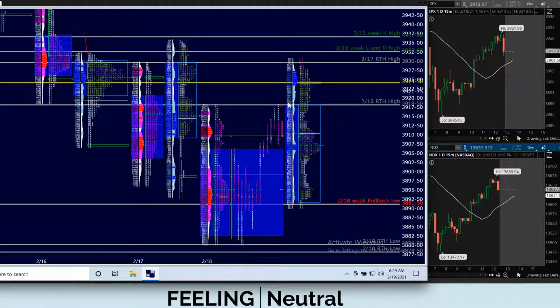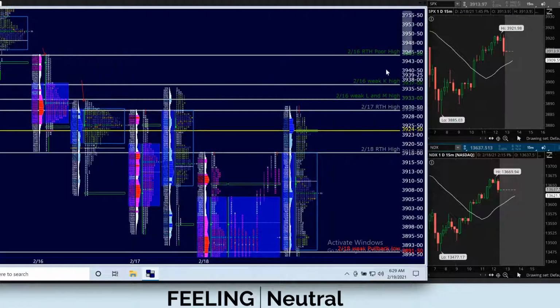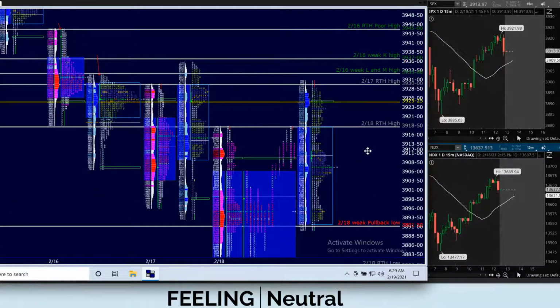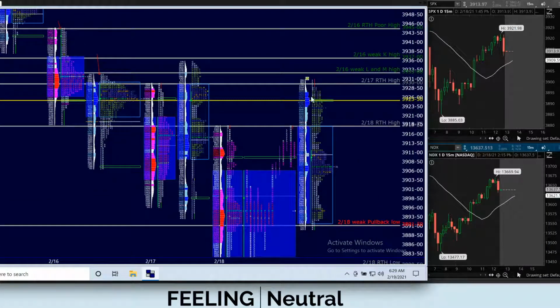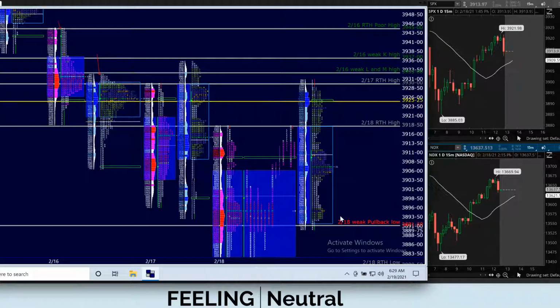So you got the gap higher. You got a poor high plus all these weak references above. So those things in combination basically set you up for a gap and go scenario. If the market doesn't pull back this morning, if it immediately pushes higher, that makes it very, very bullish to go take out this poor high. Okay? So that's basically what to watch. Let's just say in a worst case scenario, the market pulls back down into here, repairs.